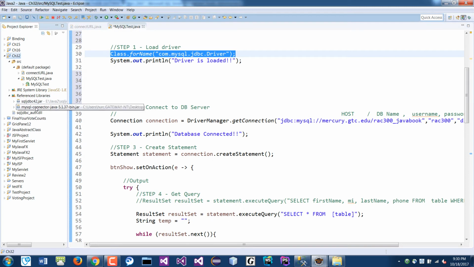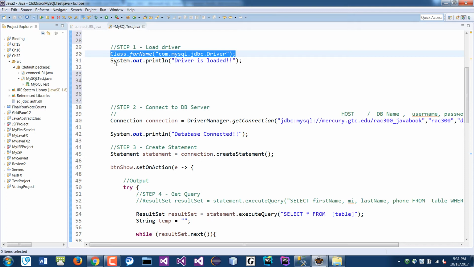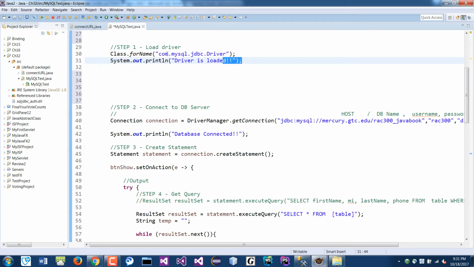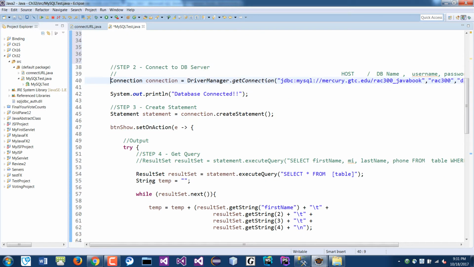It's going to load a driver called the MySQL driver inside here. It's going to grab that, and then all its libraries will be available. You load that. It's just to say it's connected, so I'm just going to print that out. Basically, nothing there. Step two is you're going to connect to the